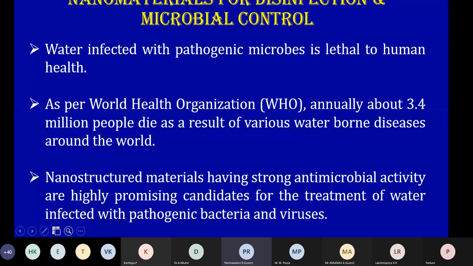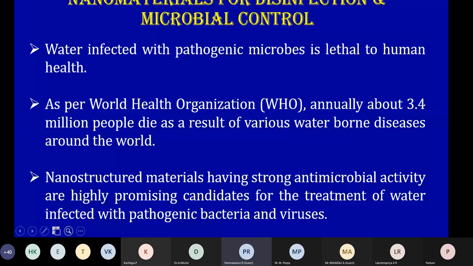As an alternative to some traditional disinfection techniques, nanomaterials have recently been used. Certain nanomaterials, such as metal nanoparticles, are used against microbes and also to control them. A large number of nanostructured materials with antimicrobial properties have been synthesized and used for microbial control. Among them, silver, titanium oxide, zinc oxide and carbon-based nanomaterials are the most extensively studied nanostructured